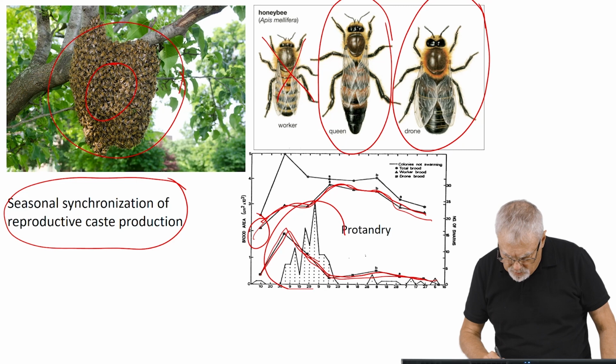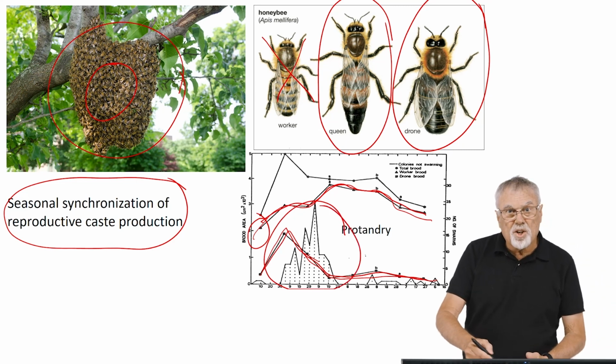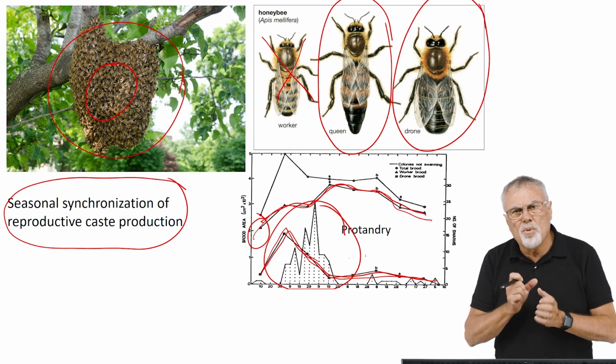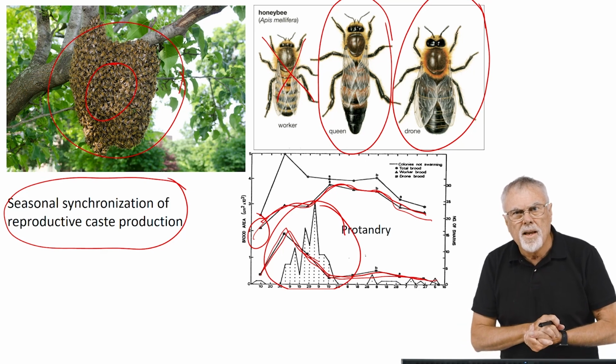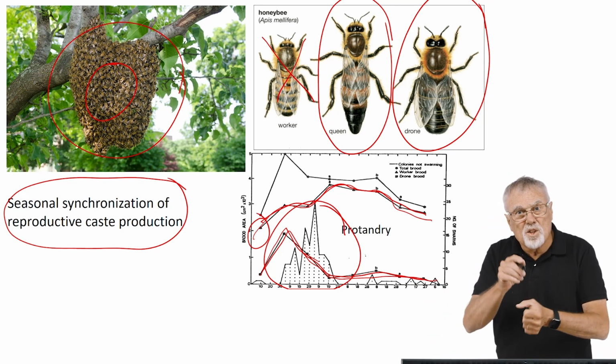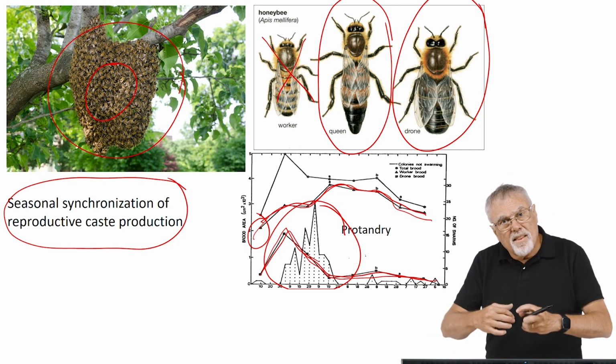And that's because this point right here, this other curve that you're seeing with all the dots on it, is the seasonal production of swarms. And that is in Davis, California. This was just one study. So in this particular study, these